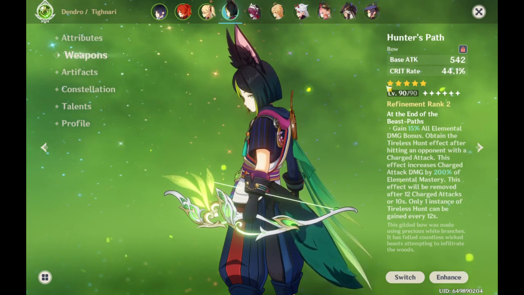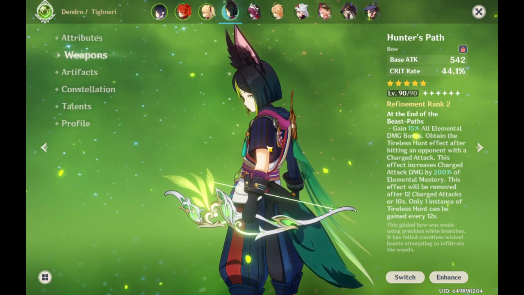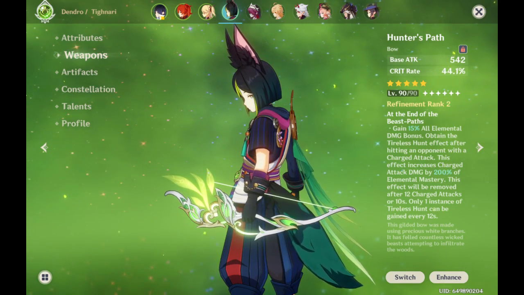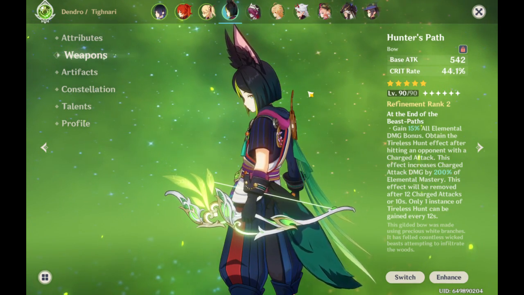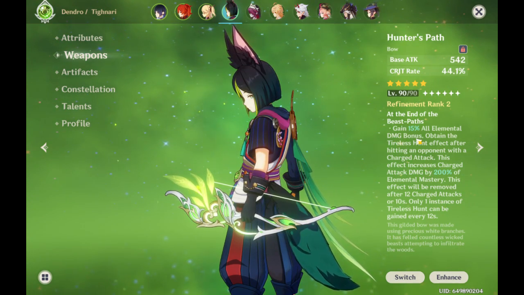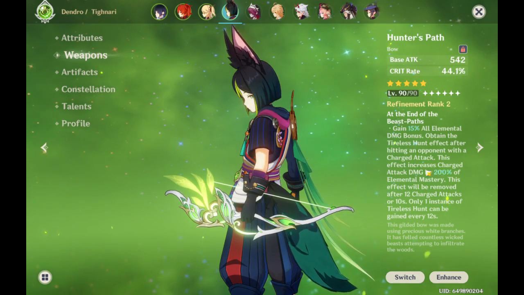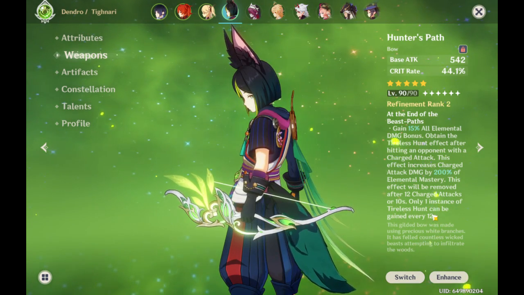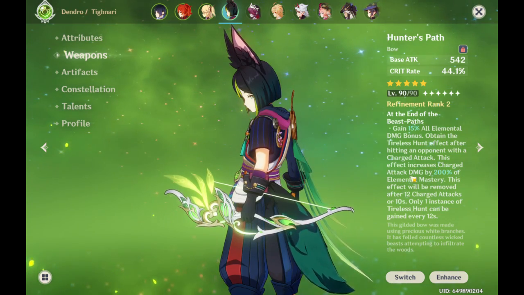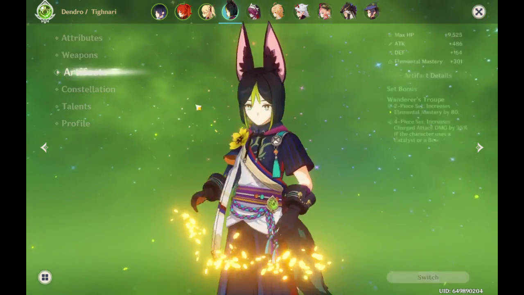Now, the bow gives him crit rate. He himself, when you ascend him, gives you crit damage. Yalan's the same way. When she ascends, she also gets crit damage as her benefit, which is outstanding. And with this bow, when it does charged attack damage, it's increased by 200% of the elemental mastery. So if you have elemental mastery high on him, which is one of the things that I've worked on